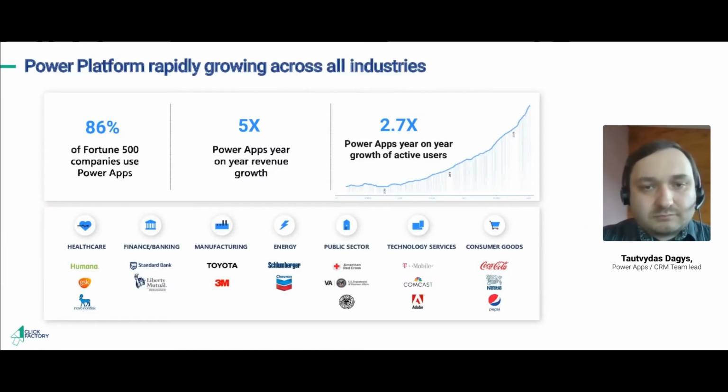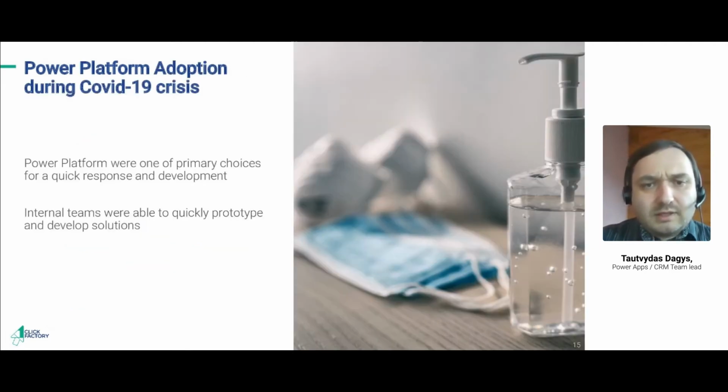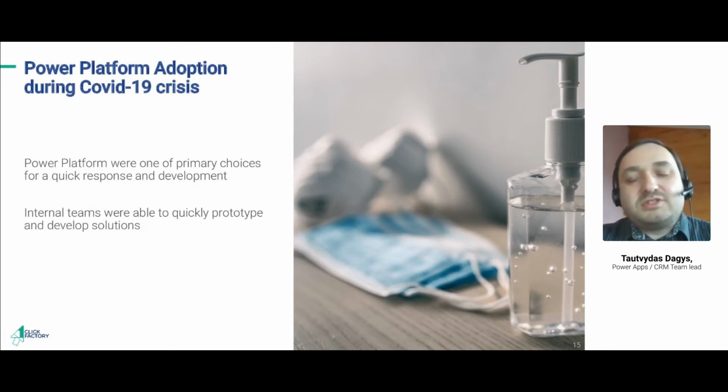So this growth, Microsoft sees that very much, that many big companies are adopting, and what we see locally, small companies are doing that as well. And one of the really good things, well, the situation was really not good, but